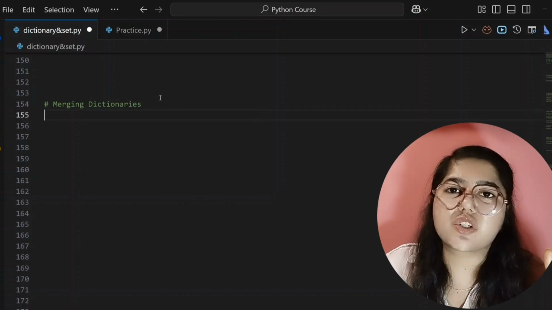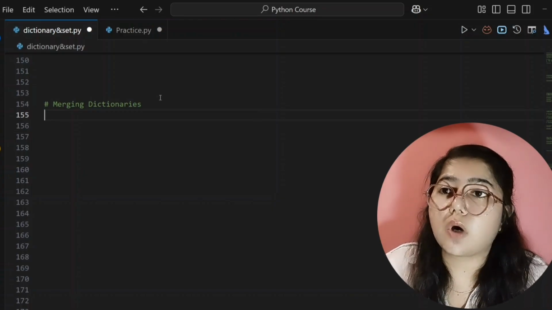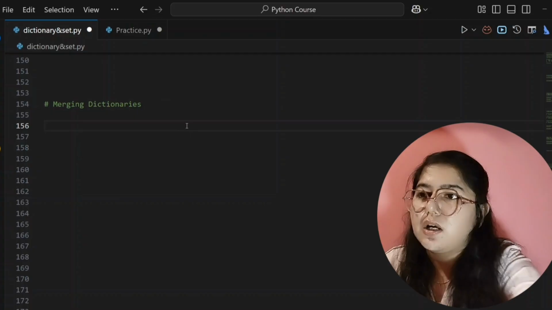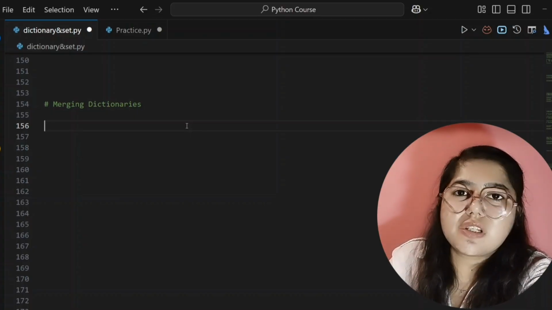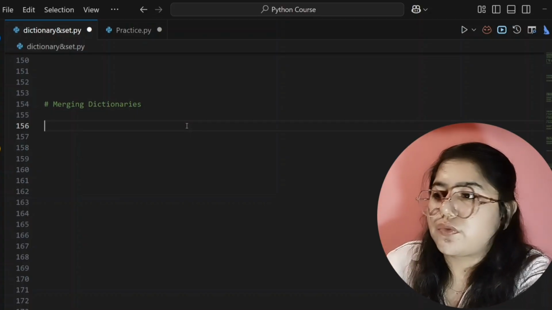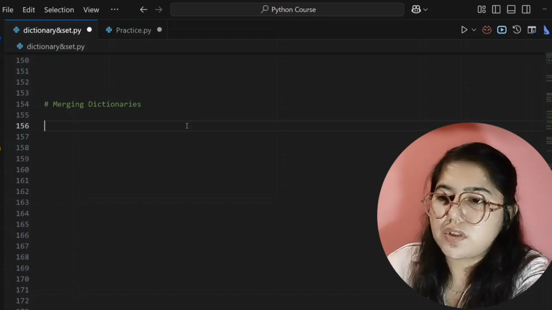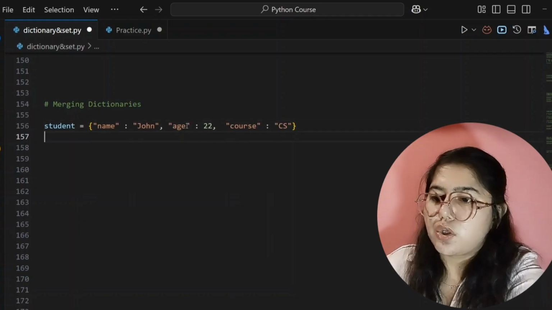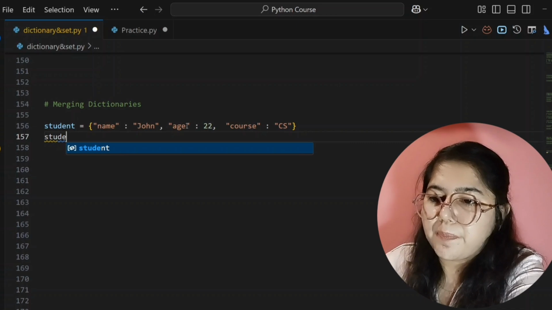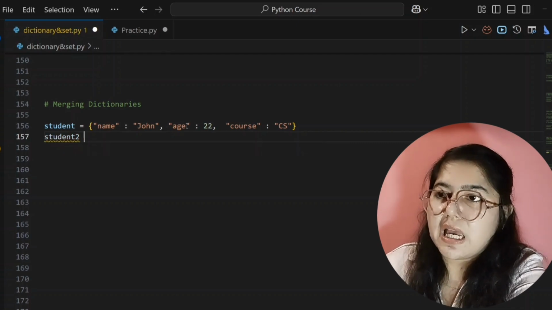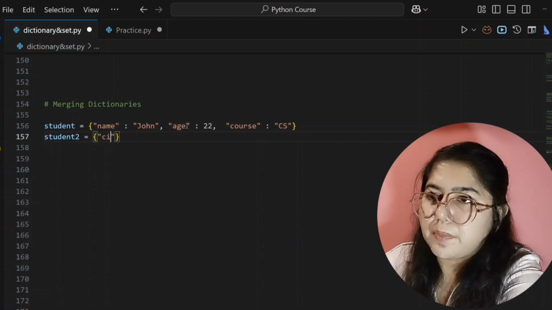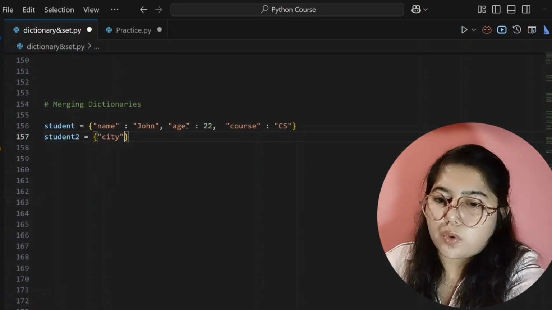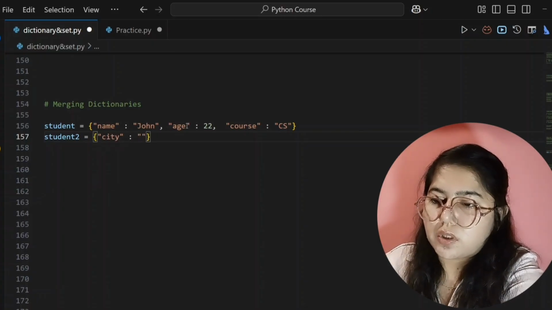If you have two dictionaries and you want to merge them, how will you merge them? Let's see. For merging dictionaries, obviously you have to create two dictionaries. First we will create our first dictionary, which is student, and the second dictionary is student2. I am giving it the name student2, and here I am giving keys, that is city, New York,